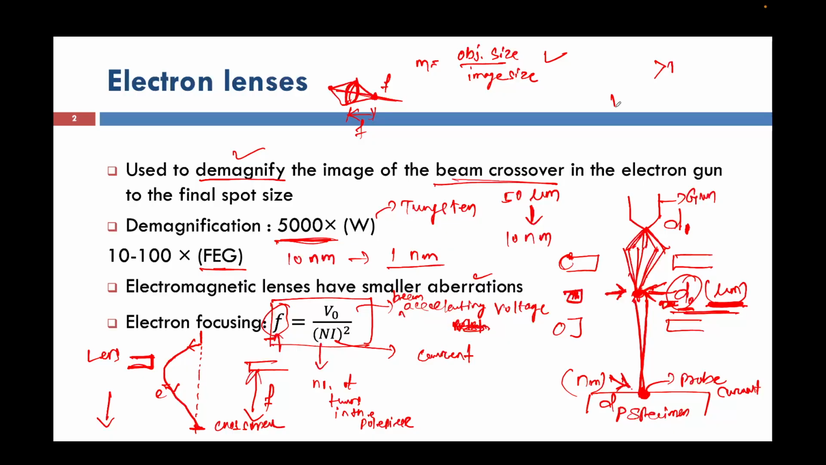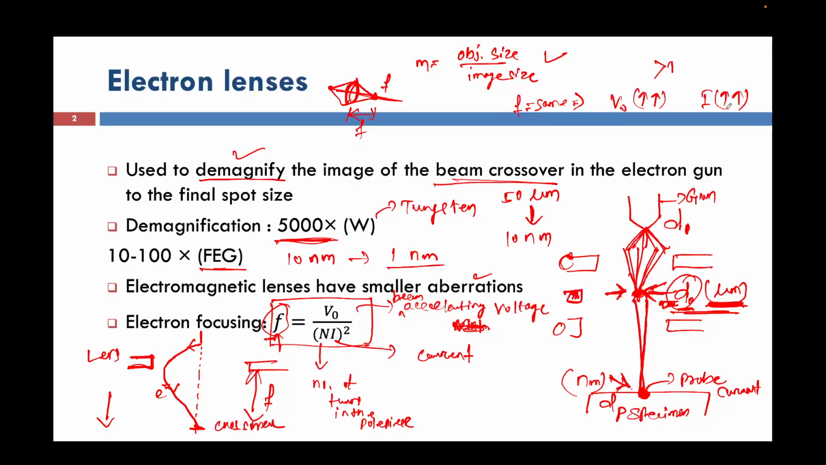So that means my V naught here, I am writing on top right. That means if I want to keep F same, and in case my V naught is increasing, then what do I have to do? I have to also increase the current, right? So that means